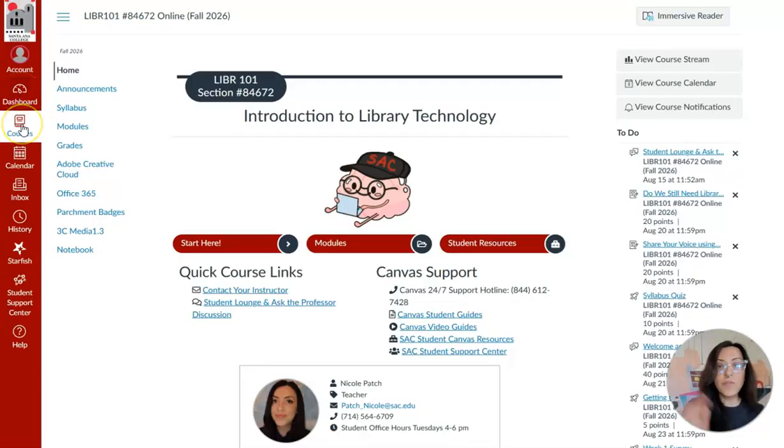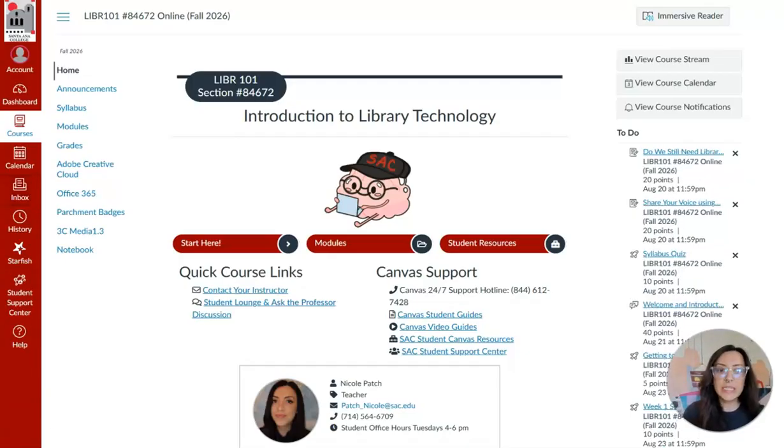If you want to see a full list of courses that you've taken in the past, you would use courses. And then very important is the Canvas inbox. It is very important for this course that you know how to access the inbox and use the inbox. And that is because this is going to be the primary method of communication between myself, your professor, and